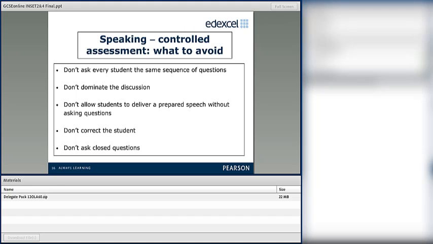The student should be the one that speaks the most, not you, teachers. Don't allow prepared speech without any questions, because all of the tasks require discussion and interaction. For this reason, it's better not to ask closed questions, but open questions. And you don't correct the students if they make a mistake.